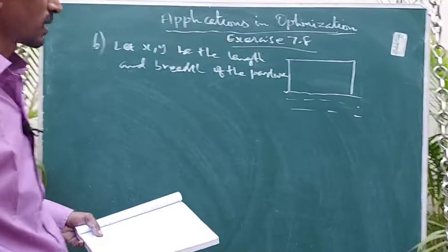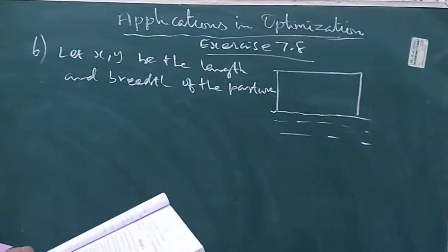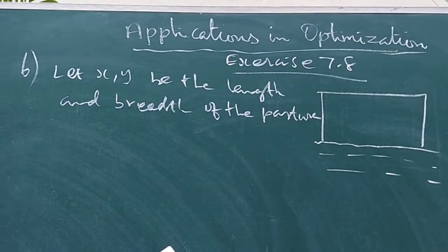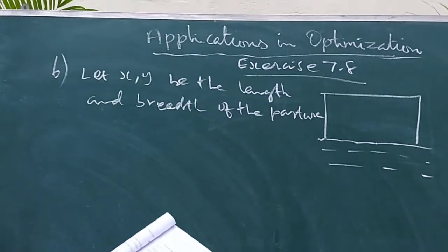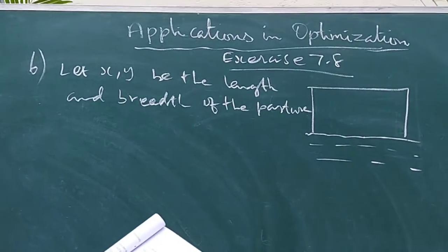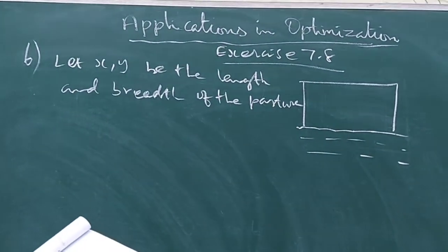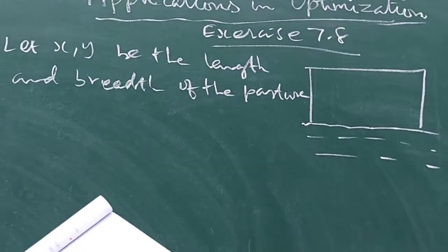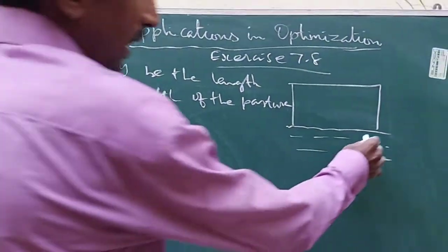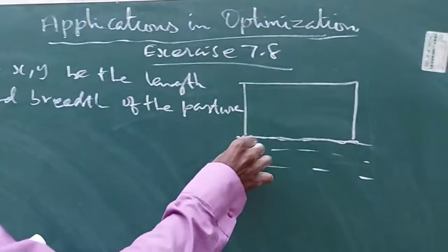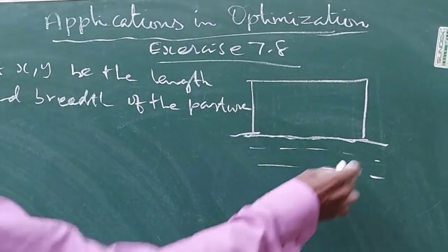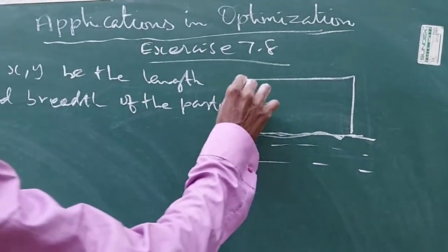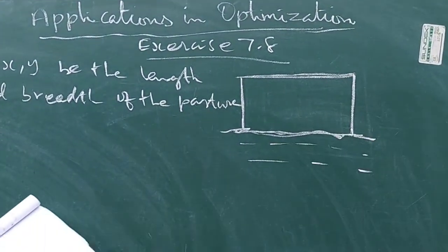Question number 6 in the exercise 7.8. A farmer plans to fence a rectangular pasture adjacent to a river. The pasture must contain 1,80,000 square meters in order to provide enough grass for herds. The story is not needed. No fencing is needed along the river. So look at here, there is a rectangular garden, imagine like a garden or farm. One side is river, no need to put fence on the river side. Only the aim is to make fence on the 3 sides.